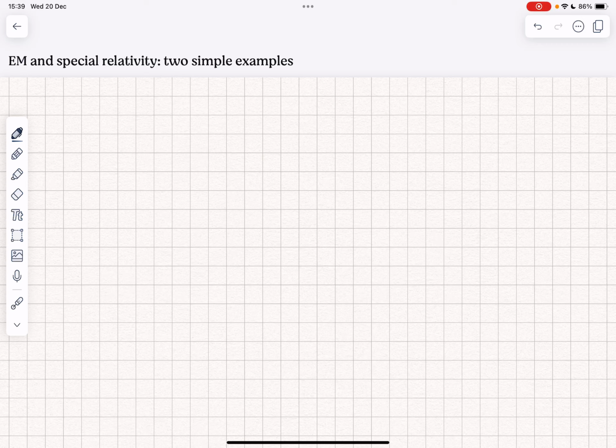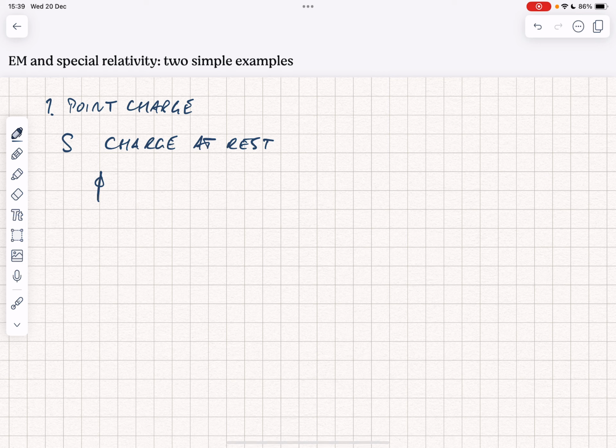I'm going to talk through a couple of simple examples for dealing with electromagnetism and special relativity. The first one is going to be very, very simple. It's just a point charge, and we're going to consider it at first in a reference frame S, where the charge is at rest. We assume that it's at rest at the origin, so we know that we can write the scalar potential, or